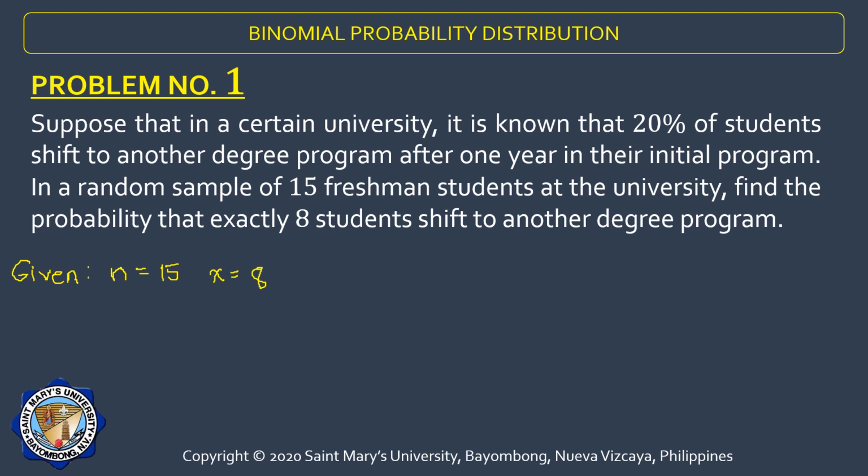And then yung probability of success natin is 20%, which is equal to 0.20. And yung q is the complement of p, which is 1 minus 0.20, which is equal to 0.80. So again, our formula